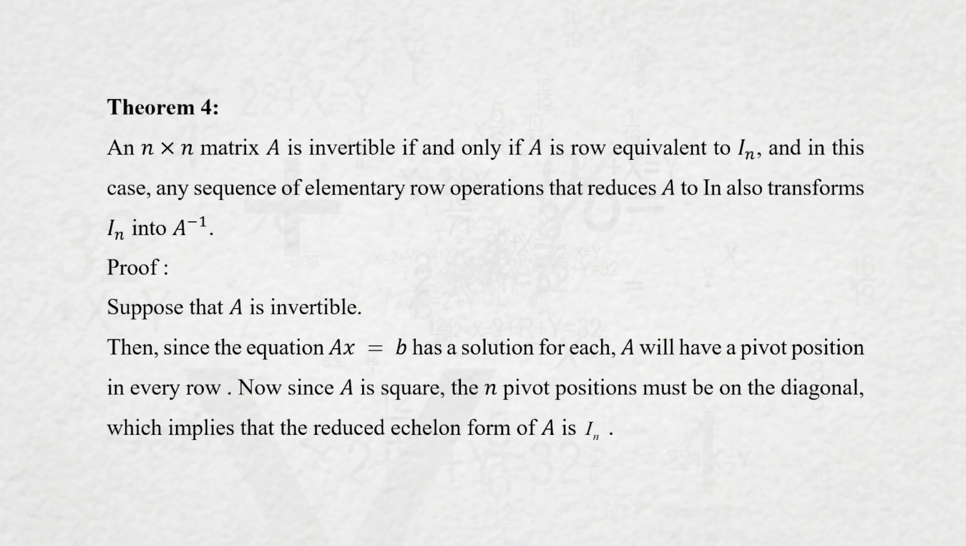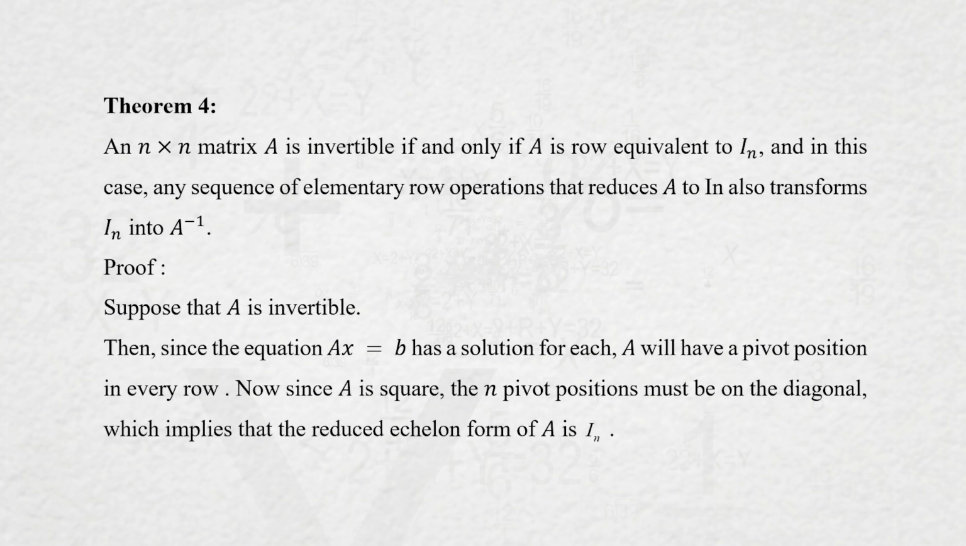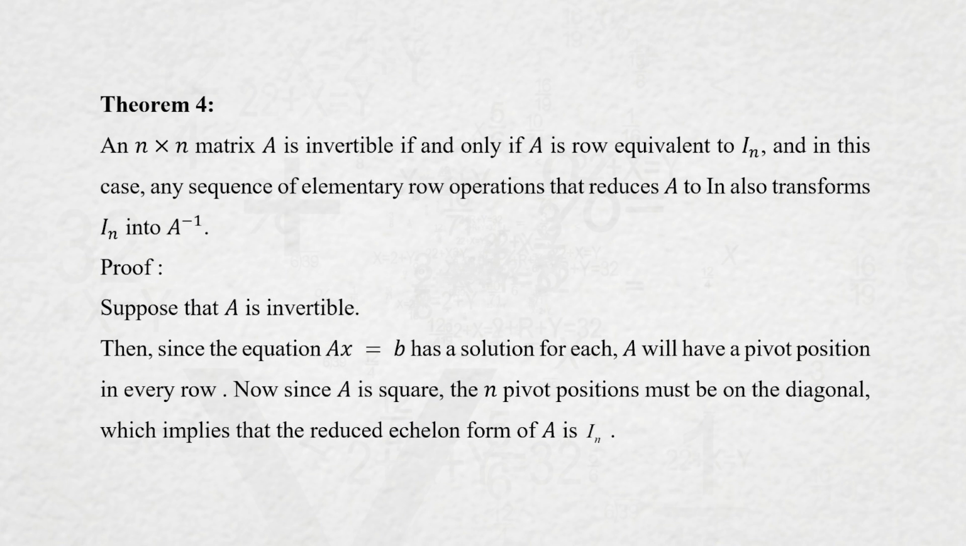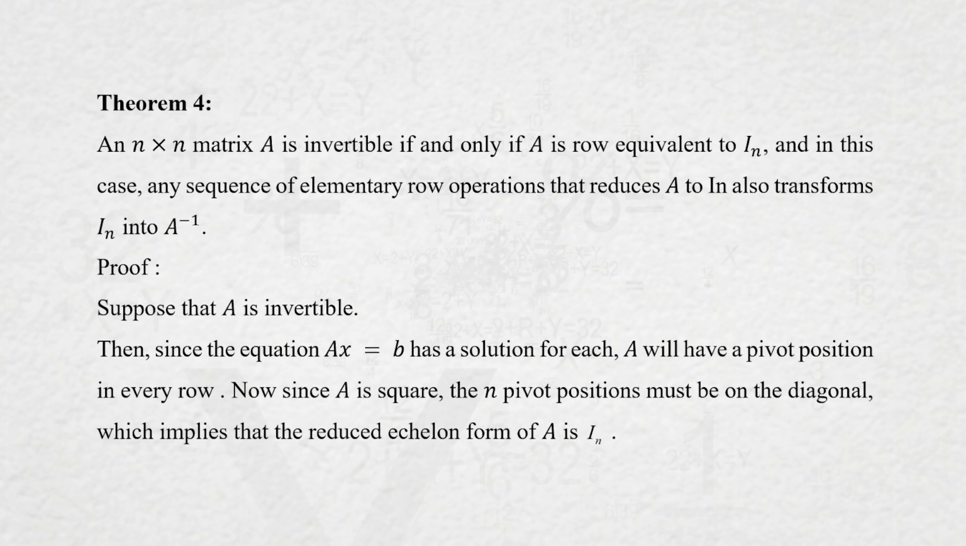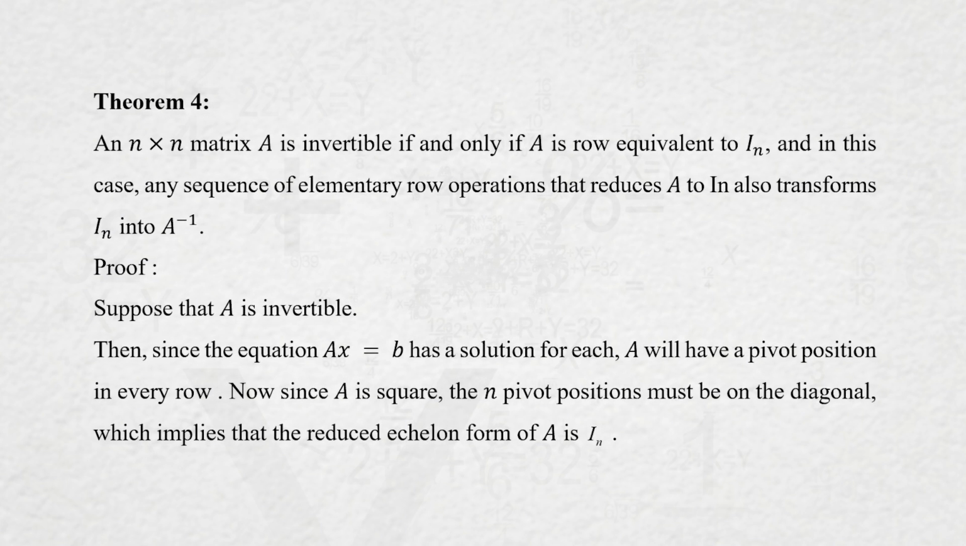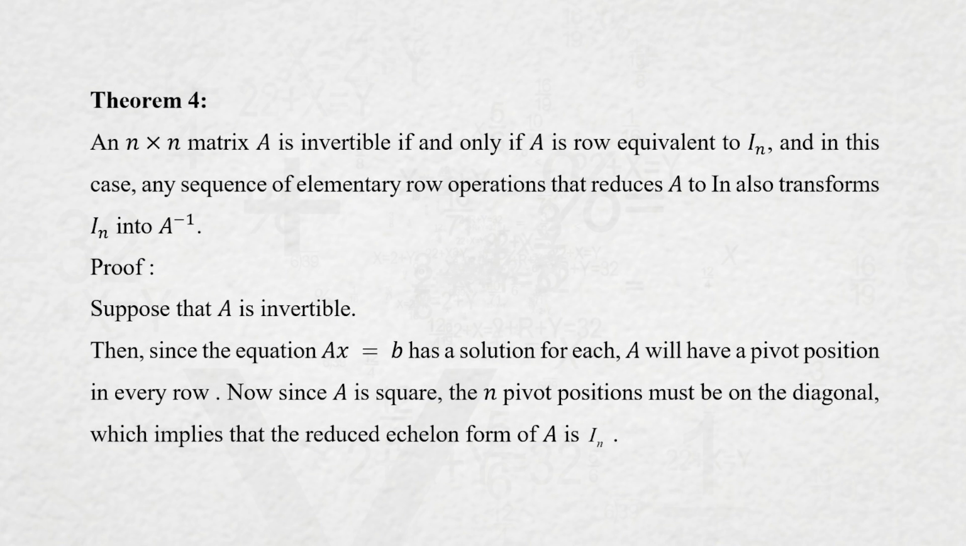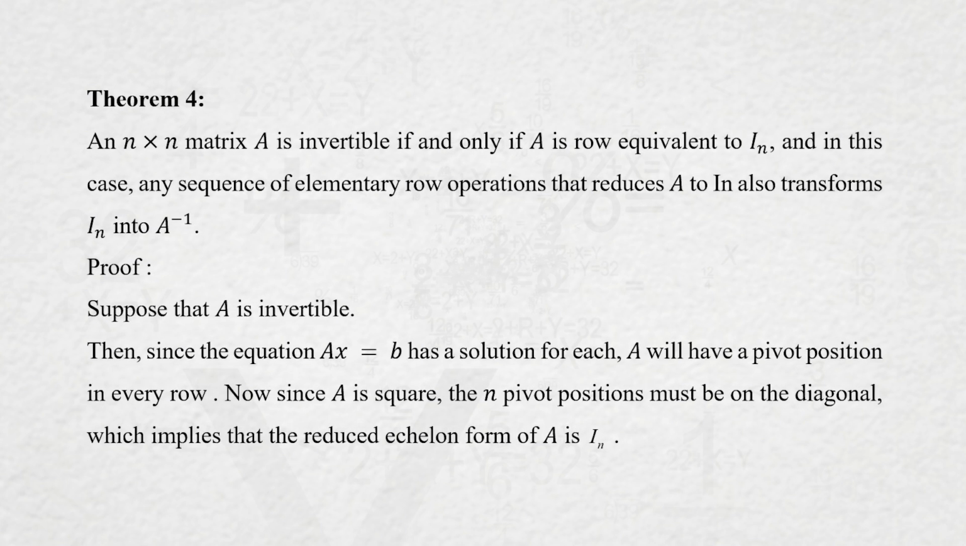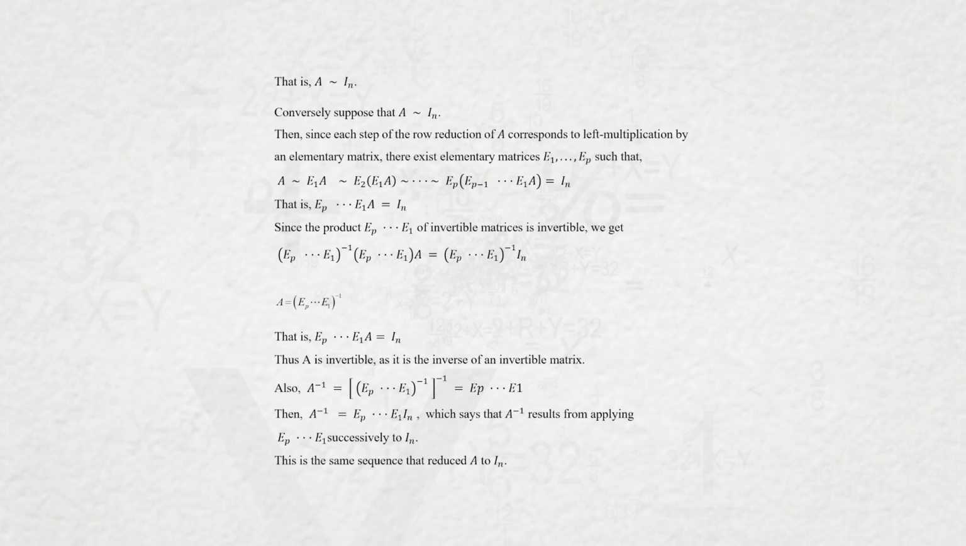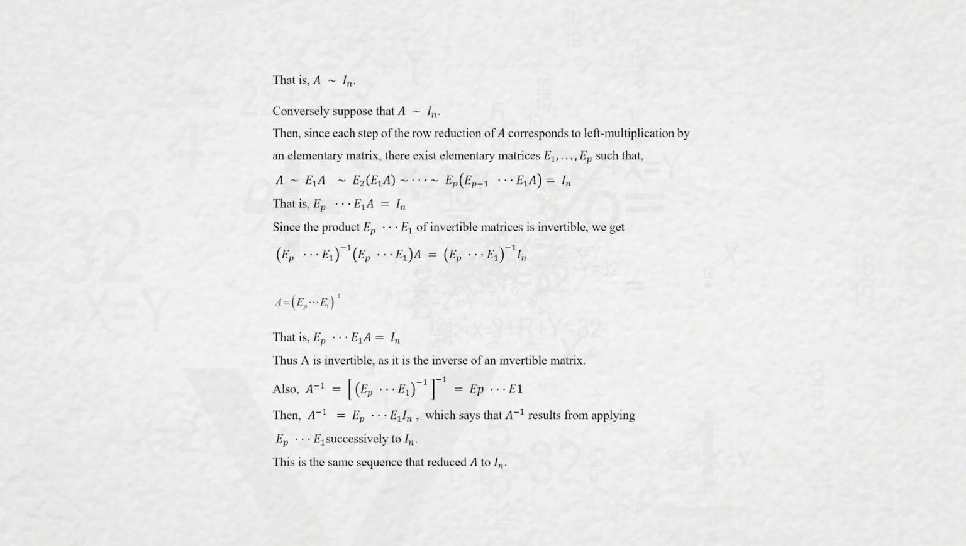A will have a pivot position in every row. Now, since A is square, the n pivot positions must be on the diagonal, which implies that the reduced echelon form of A is I_n, that is, A is row equivalent to I_n. Conversely, suppose that A is row equivalent to I_n,